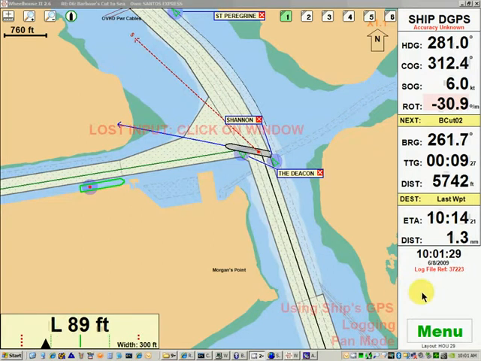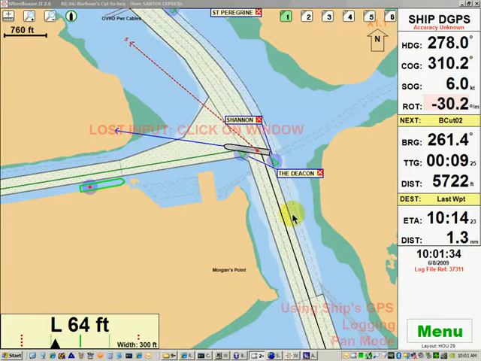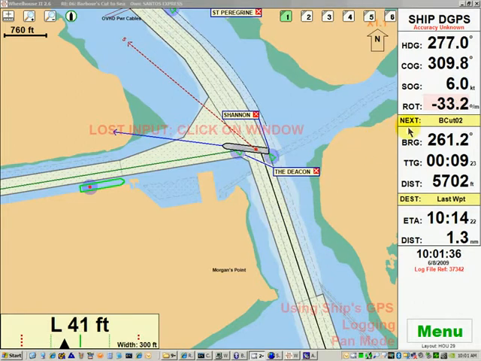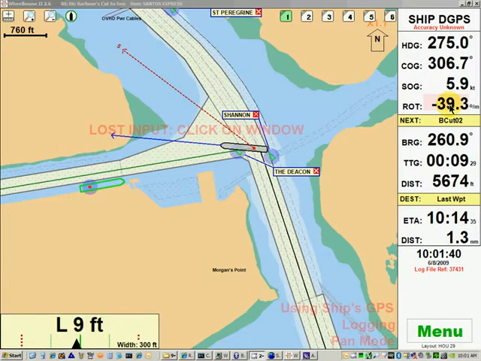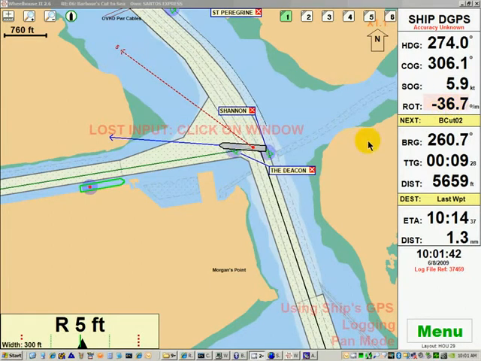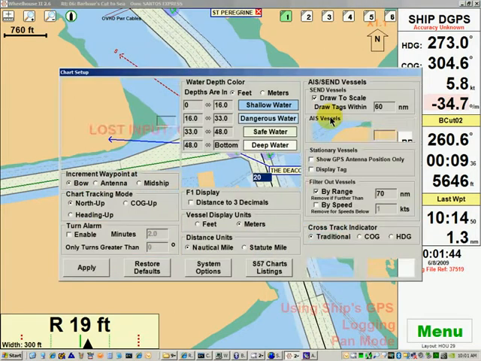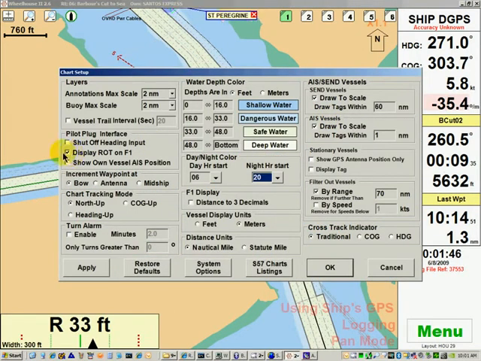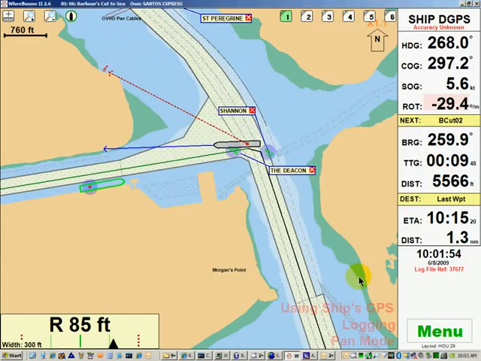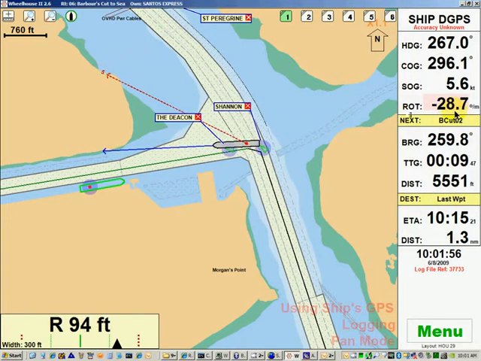In this video, we'll talk about the Wheelhouse 2 rate of turn computation. Wheelhouse 2 computes rate of turn, displayed here on the screen, from the AIS heading input. If I press F5, here is a checkbox that allows me to disable the rate of turn. If I uncheck this and then press OK and then restart the program, then rate of turn will disappear from